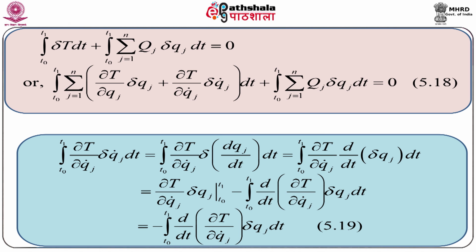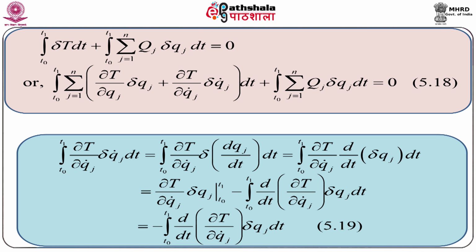Or we have integration T0 to T1 summation over j equal to 1 to n del capital T del small qj delta qj plus del capital T del qj dot delta qj dot dt plus integration T0 to T1 summation over j equal to 1 to n capital Qj delta Qj dt equal to 0. Now,